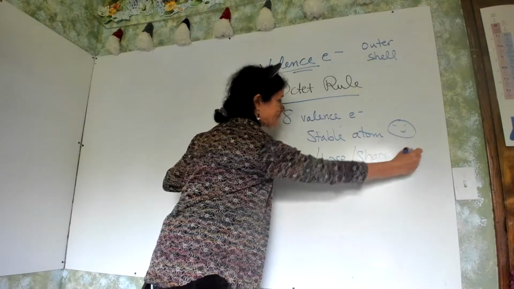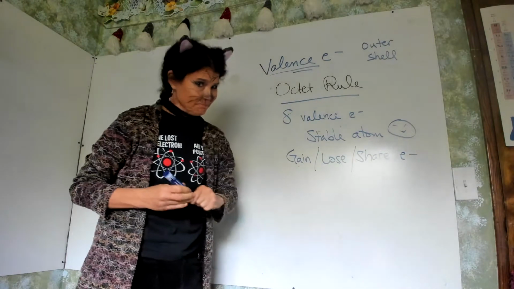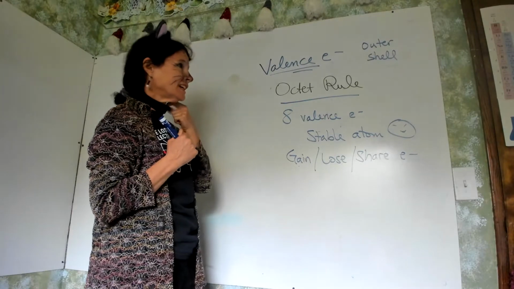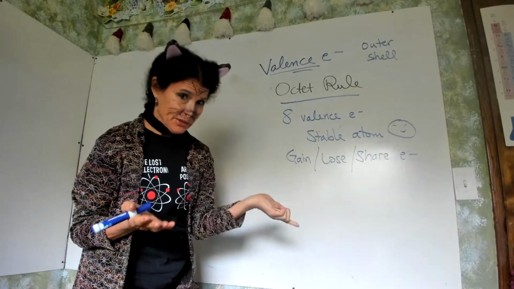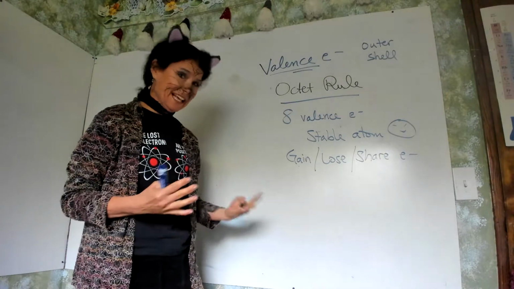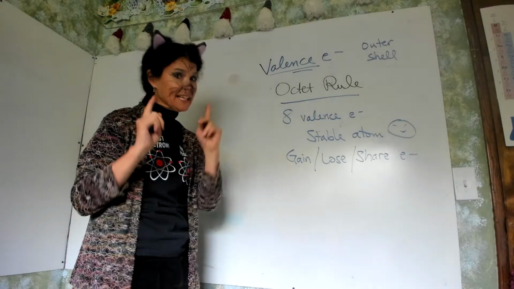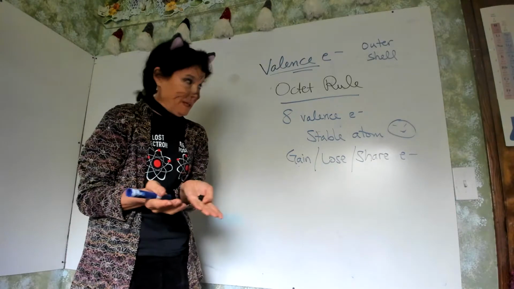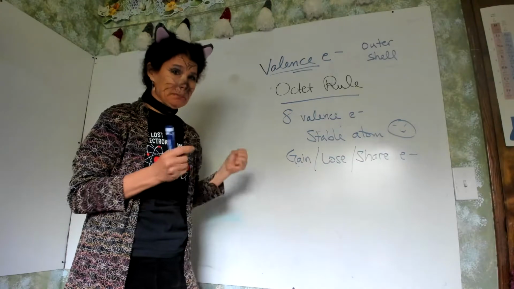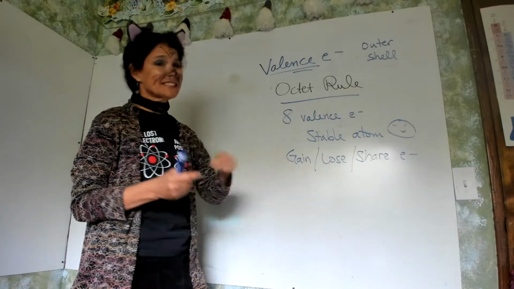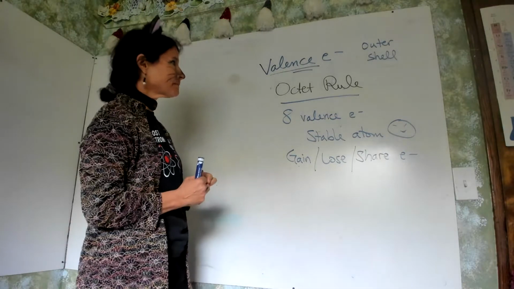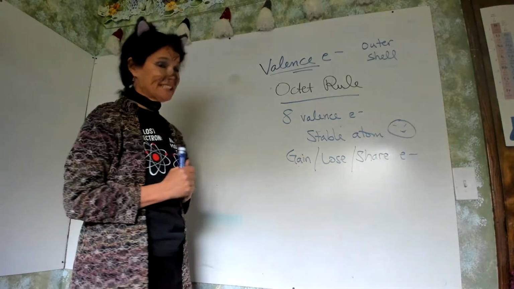So to get to there, they're going to gain or lose or share their electrons. Now, going back a couple lectures, my good friend Captain America was here. He taught you about atomic number, and that was the protons. And we've been using it to say that was the protons and the electrons. But the electrons, as mentioned, can change. But the element is determined by the protons. So we're now going to start changing the electrons. The electrons determine chemical reactivity. And the octet rule is 8 valence electrons.